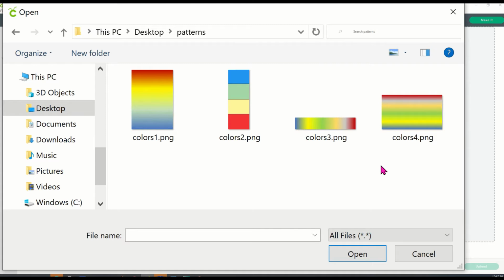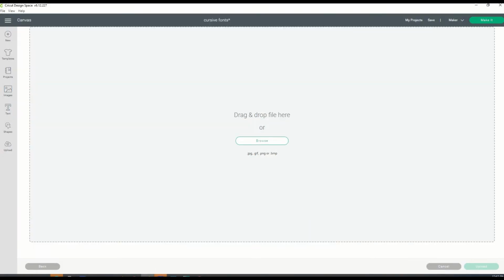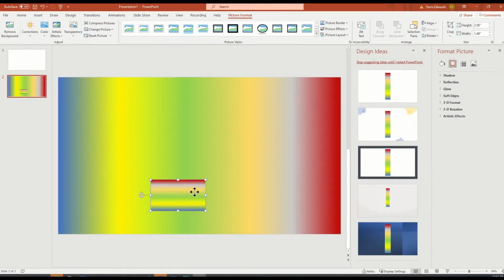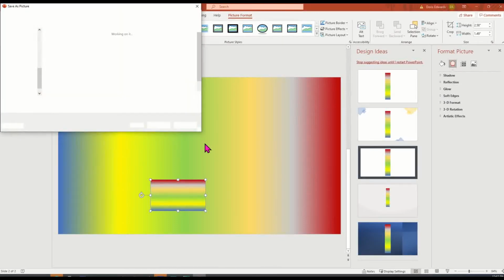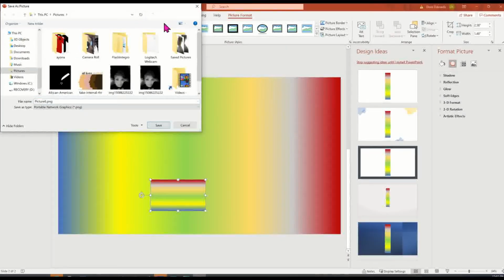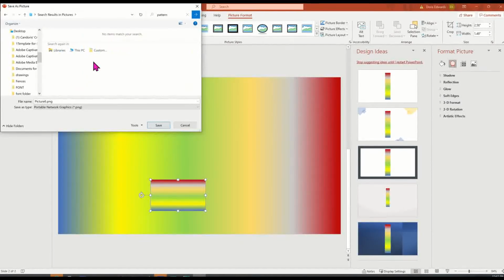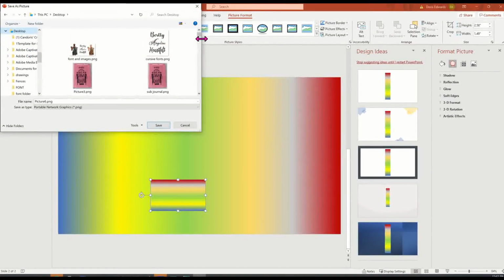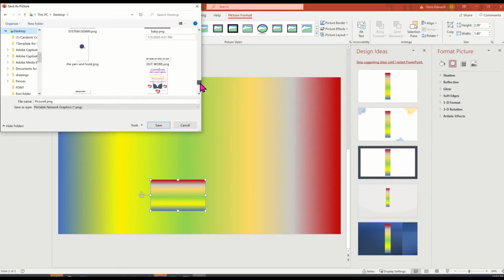Now I'm pretty sure. Okay, hold on one second. Save as. You got to be prepared, guys. Sometimes your computer's going to act wonky, and you got to be prepared for when it does so that you can just keep it moving